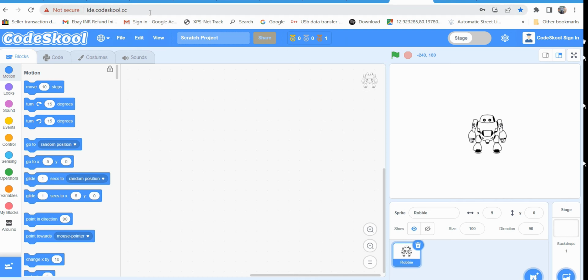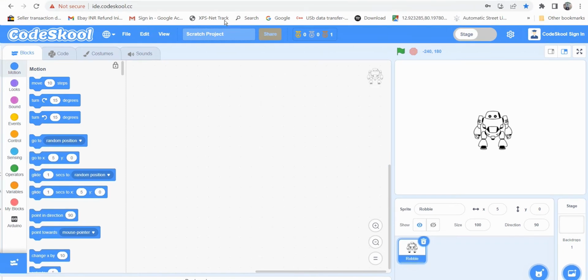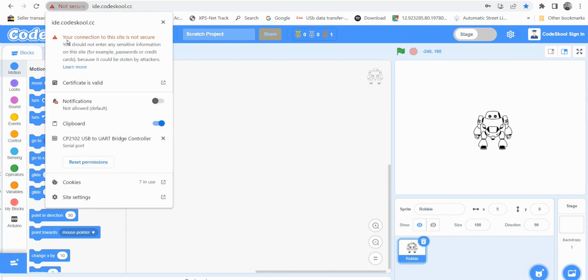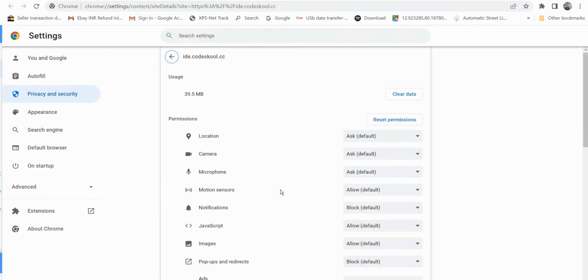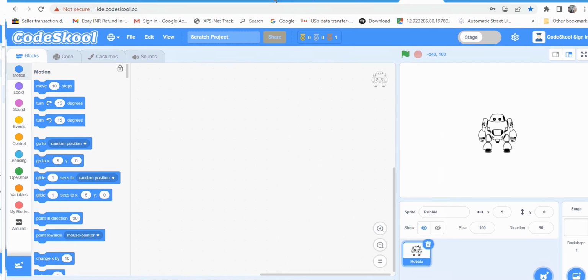Now before that we have to go to the Chrome settings. You have to click the insecure and go to the Chrome settings. Normally it will be blocked, you have to make it allow, because these things have to connect through the internet. You have to make it allow, and once this process is over, you can close the settings box. Then coming back to our main software module,